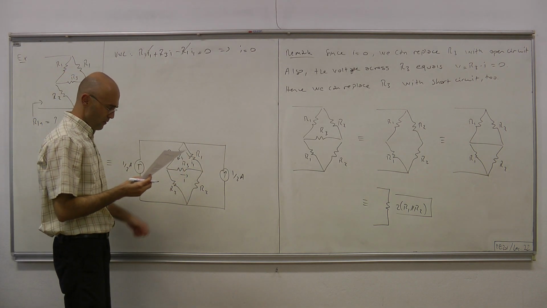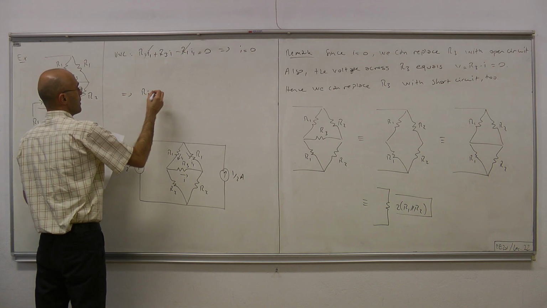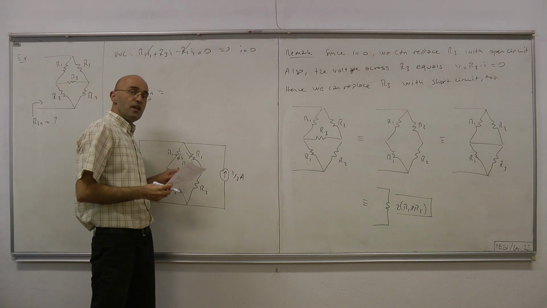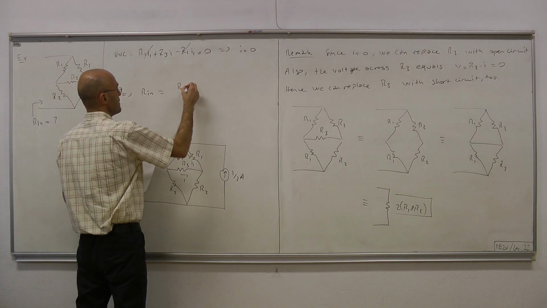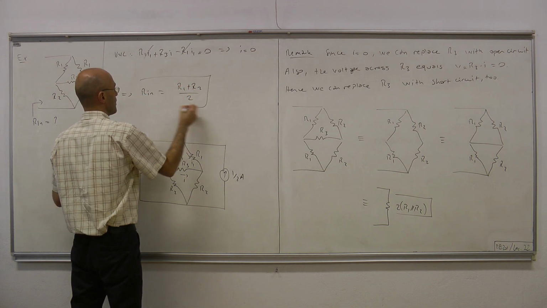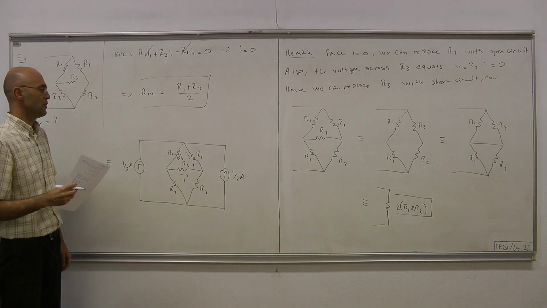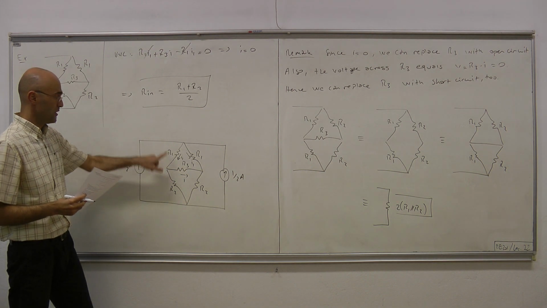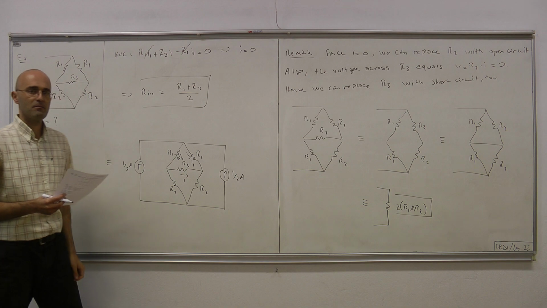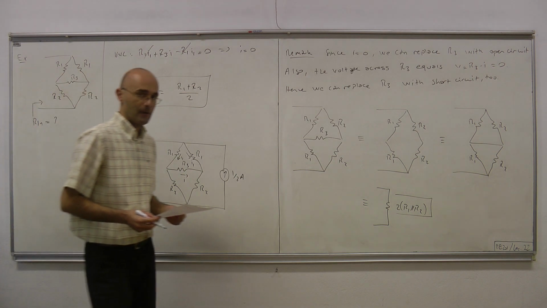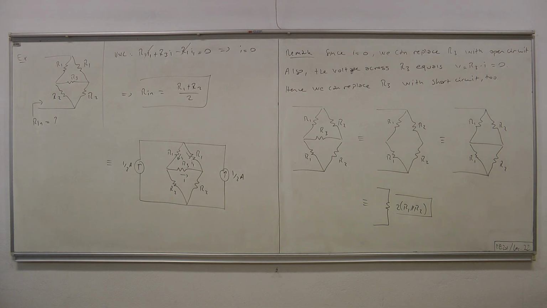And again, if I equals 0, you can replace R3 either by an open circuit or a short circuit, and the answer then is easy to reach. It equals (R1 plus R2) over 2. We have R1, R2 in series and R1, R2 in series, and they're in parallel. Therefore, the overall resistance is half of it. Okay. Now let's see another example.